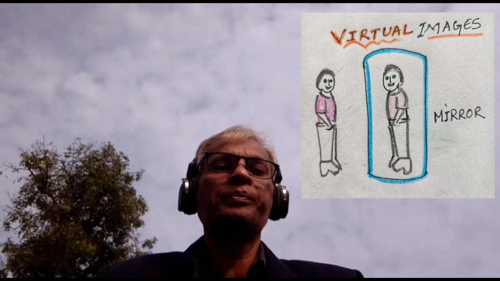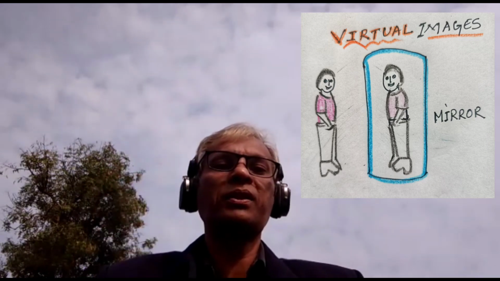So today we understood what reflection is, what the laws of reflection are, then we understood what an image is, then what a real image is, then what a virtual image is. Next we will continue this chapter with some more important points regarding this. So now you have to understand all those points: what a real image is, what a virtual image is, and that is a very important point for you to understand.